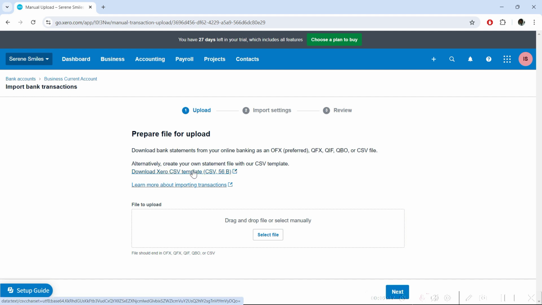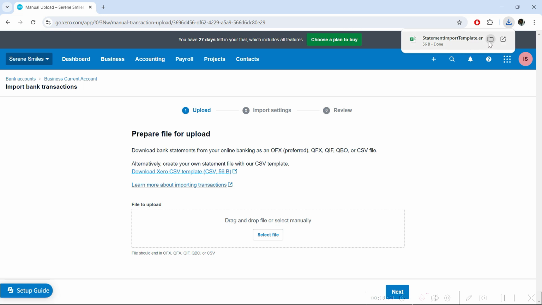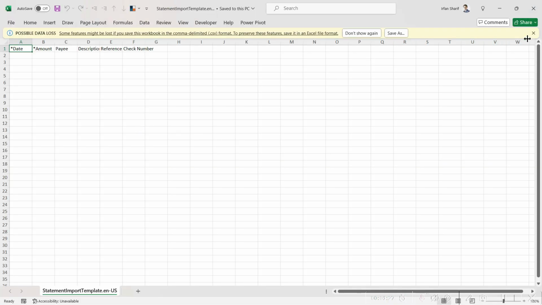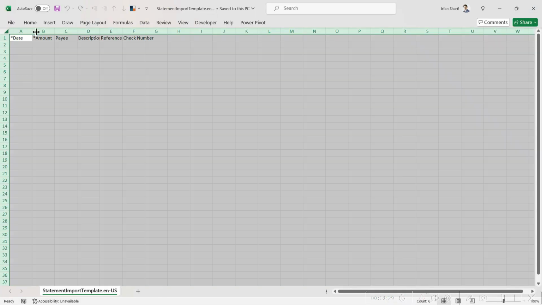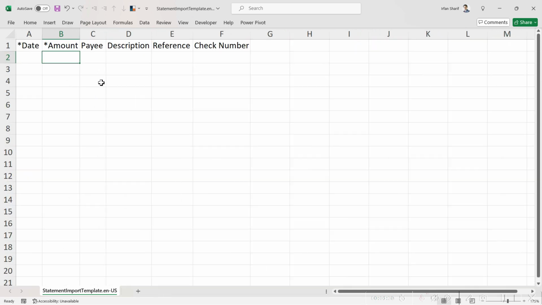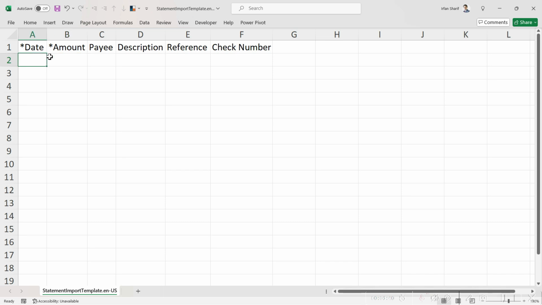So what I will do is I will click on this to download this format, and once this is downloaded, I will just click on this to open that. And then the next thing that we will do is we will just double click on this to make it full, and now we will be entering our bank statement data here. Let me zoom in a little bit. You can see we have to enter the date, amount, and then we also have to enter the pay,